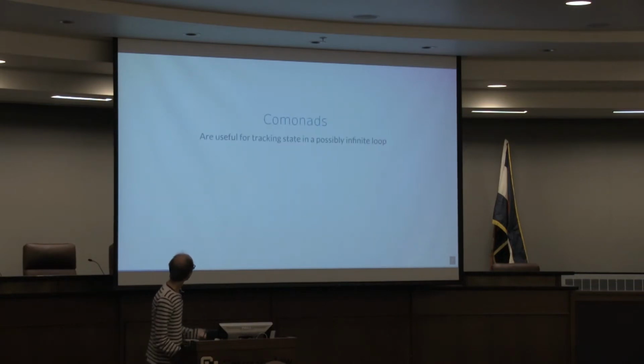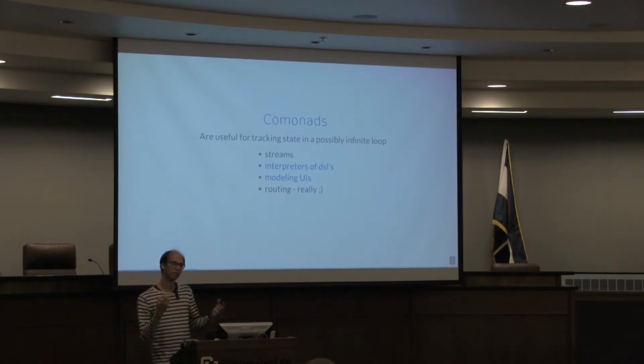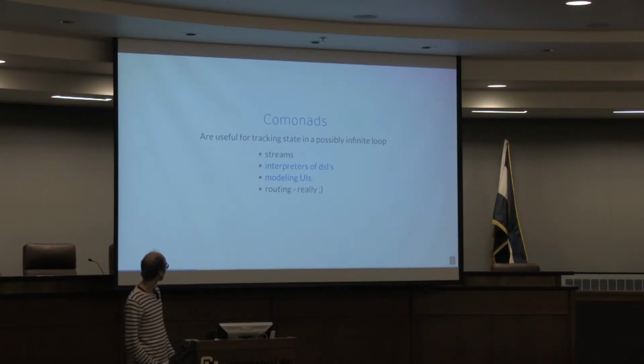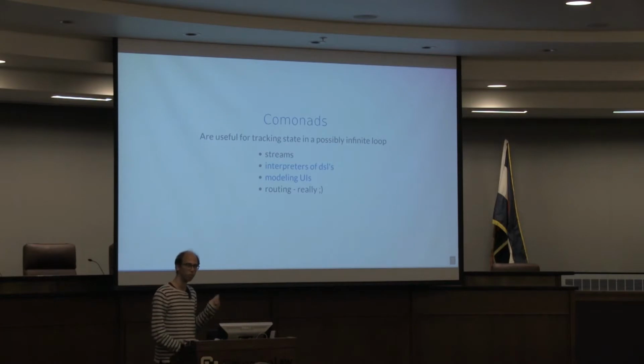So, what are Comonads useful for? They're really useful for tracking state or getting some information in some way. For example, a very simple thing that we will see in the next slide, you can model streams with Comonads. You can also write interpreters using,